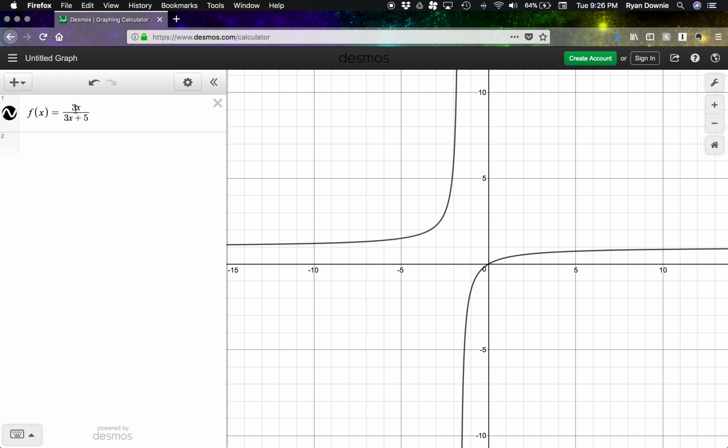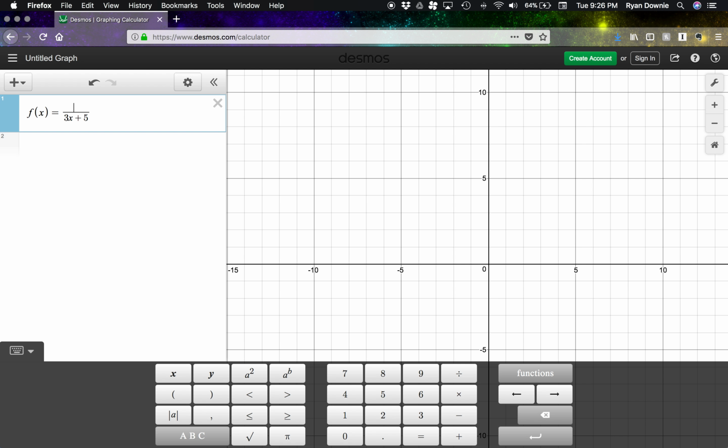Okay, last thing I want to show you then is, again, we can make this pretty general. So if we wanted to look at rational functions of a particular kind, maybe we want to explore all rational functions where the numerator is a linear expression, right? So maybe we do, let's write it as ax plus b, kind of like mx plus b, but we'll use a and b there. And down here, maybe we put a quadratic, and we could say maybe cx squared plus dx plus